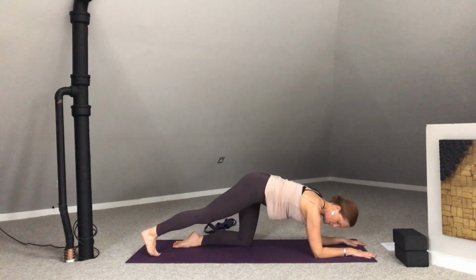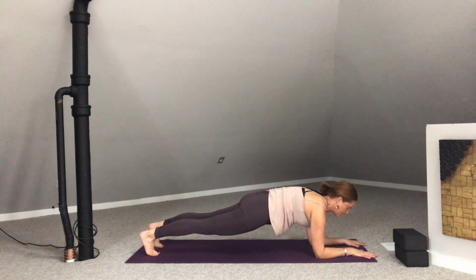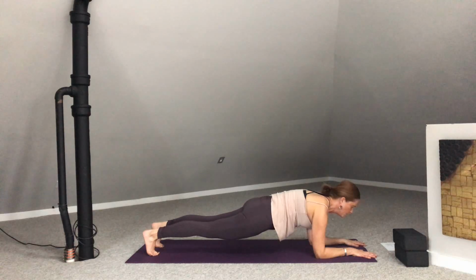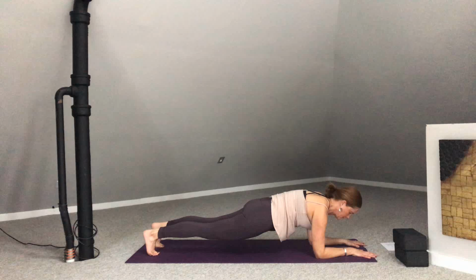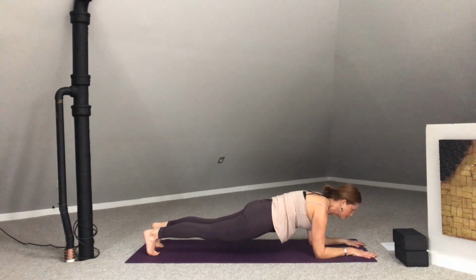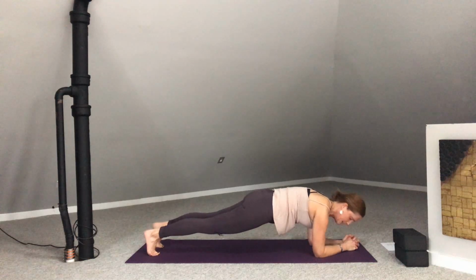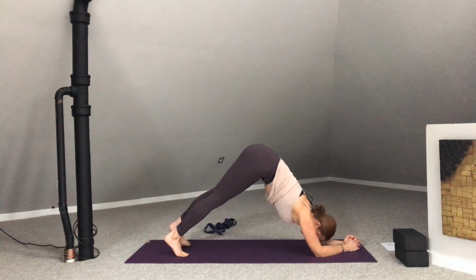Tucking one toe and then the other set of toes reaching back, elbow plank, drawing the belly in, firming the thighs, reaching the heart forward. Just a couple more breaths here. One more in-breath. Then interlace the fingers, elbows snuggle in underneath the shoulders, lift those hips, draw the feet forward,